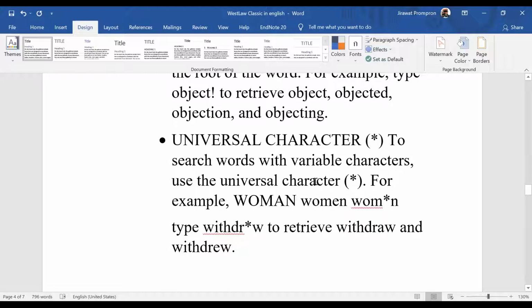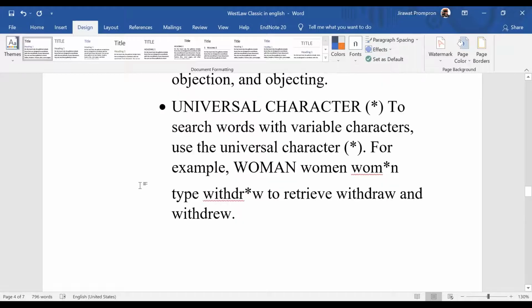Universal characters means just replacing a single character. Use just one symbol in between or at the end of the word. Suppose you are searching for woman and women and don't remember what form of plural or singular, just use this one instead of typing woman or women. And another one,